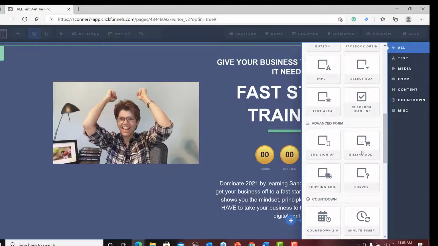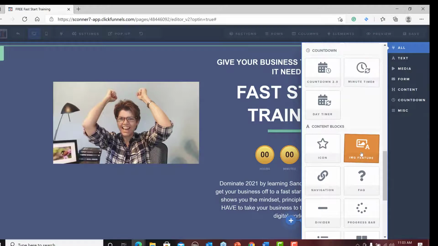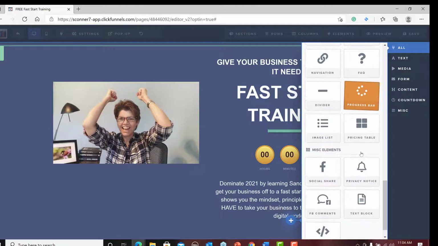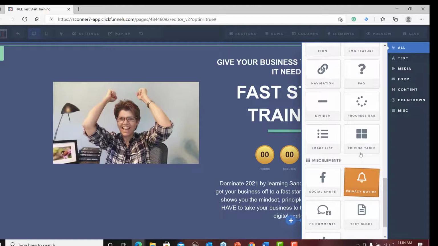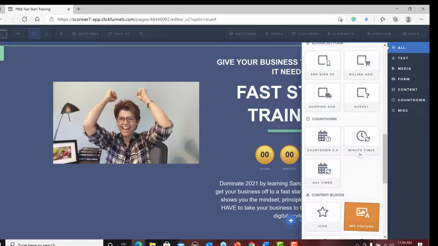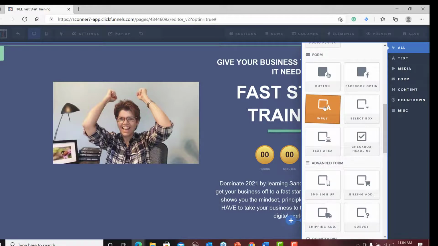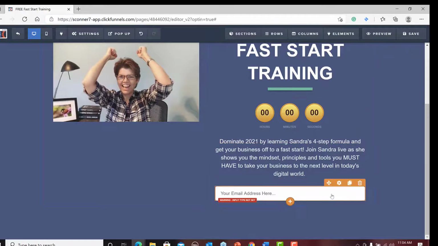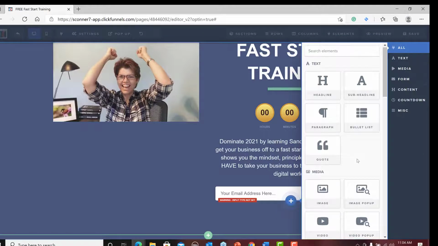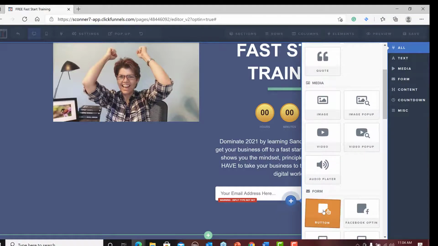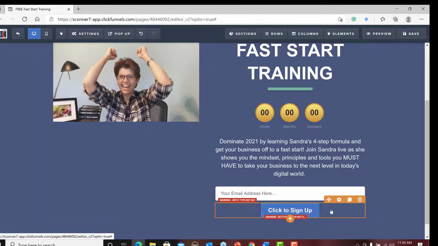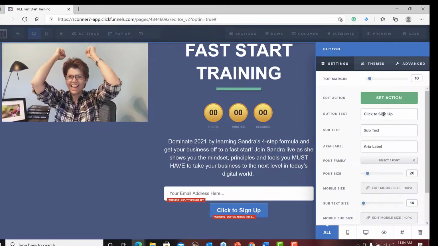that they need to give us their email address. Where is it? Input box. Okay. Now they can enter their email address there, and we've got to have a way for them to submit it. So now we've got to click a button. And now click in, and